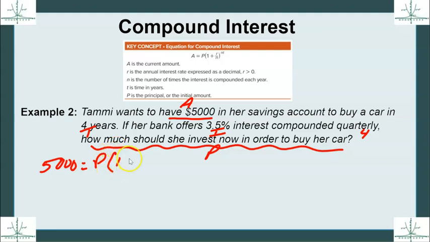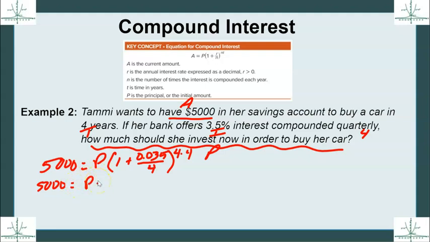Times parentheses 1 plus the rate as a decimal, 0.035, divided by quarterly means 4 times a year, raised to the 4 times 4. And then I'm going to simplify this a little bit before I solve for P. So this is going to give me 5,000 equals